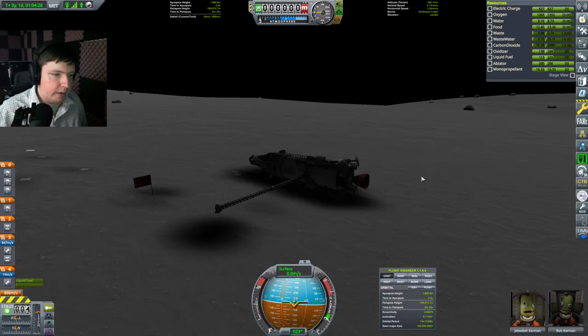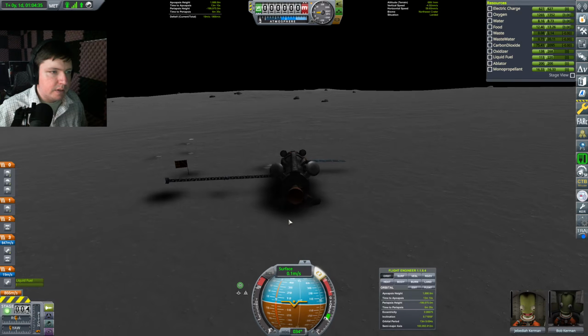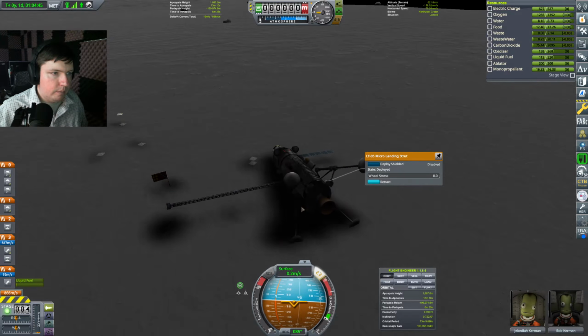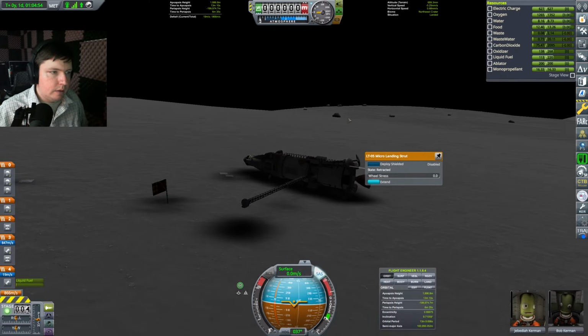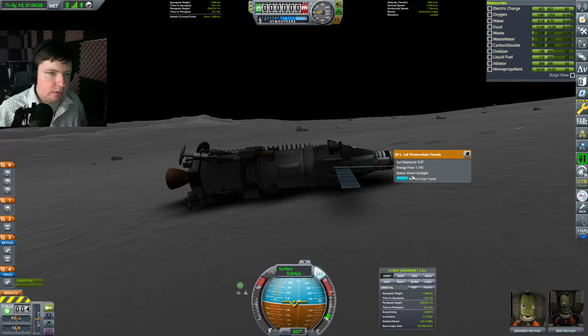Fortunately, the spacecraft is quite heavy. Jebediah doesn't quite have the control to make this thing lift up. But try extending these. No luck. All right. We really only have one option. So what we're going to have to do...